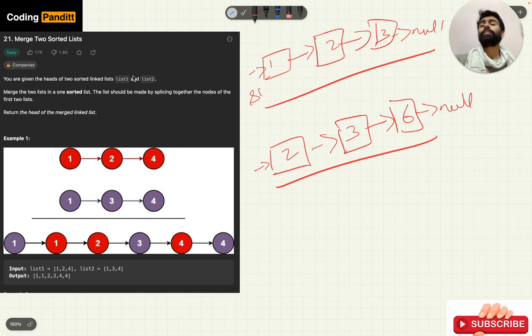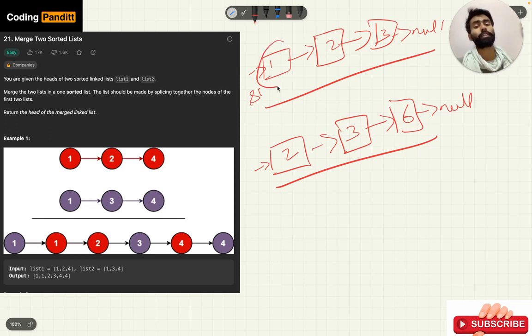So when we merge two linked lists using merge sort, we have to keep in mind that the resulting linked list should also be sorted. So how do we do that? We compare each element of the linked lists with each other and create a new linked list with that.